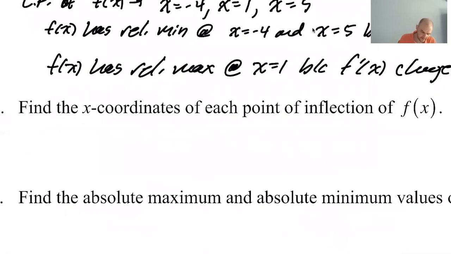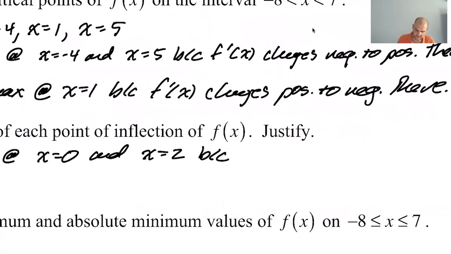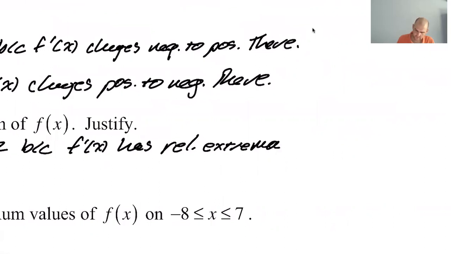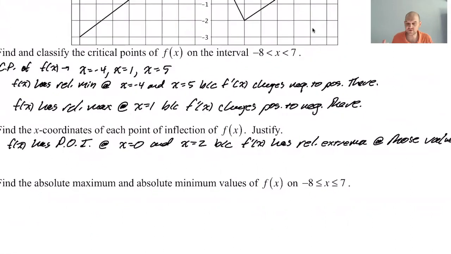So f of x has points of inflection at x equals 0 and x equals 2 because, we're looking at the graph of f prime, so I believe my explanation should involve f prime: f prime of x has relative extrema at those values. So if you don't like that, you could say that f prime changes from increasing to decreasing or decreasing to increasing at those values, which is a more generally applicable